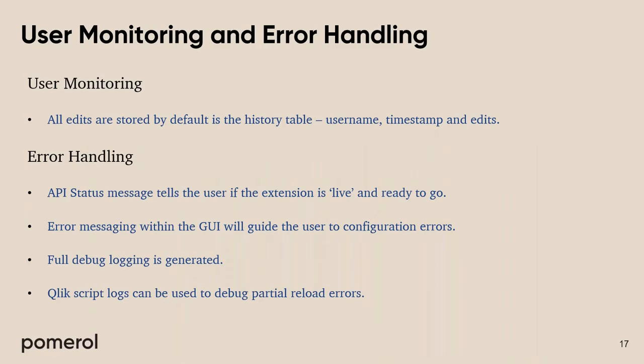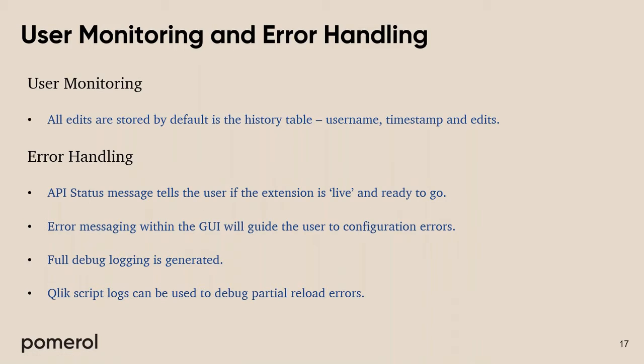So in terms of user monitoring and error handling, the user monitoring piece is really what I've just shown you there. We can see all of those edits that all users have made over time. We can audit those and track those. In terms of actually error handling in the extension itself, we've got status messages within that actual GUI, within the